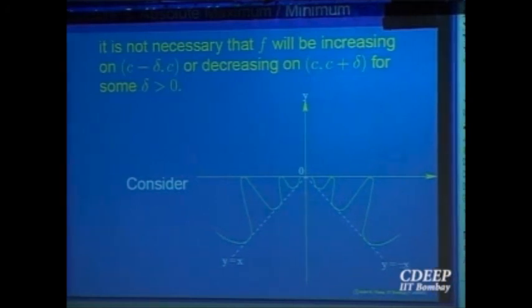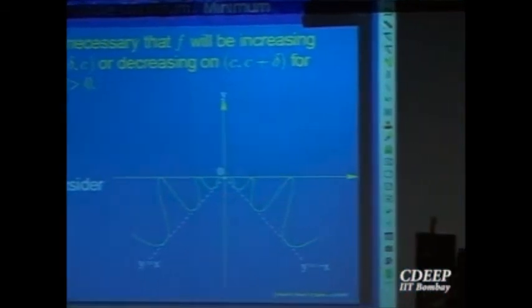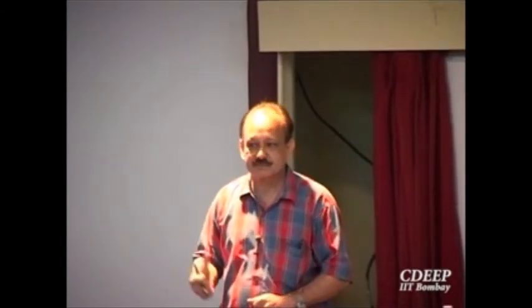So in no neighborhood of the point 0 can you say that on the left the function is increasing and on the right the function is decreasing, even though the function has a global maximum at that point. So for a point of local maximum, the graph need not look like a nice one going like this. It can wave and go there also, right? But the value should remain below. Local maximum only says the value remains below the value of the function at that point, nothing more than that, right? So be careful. So this is the function I had in mind.